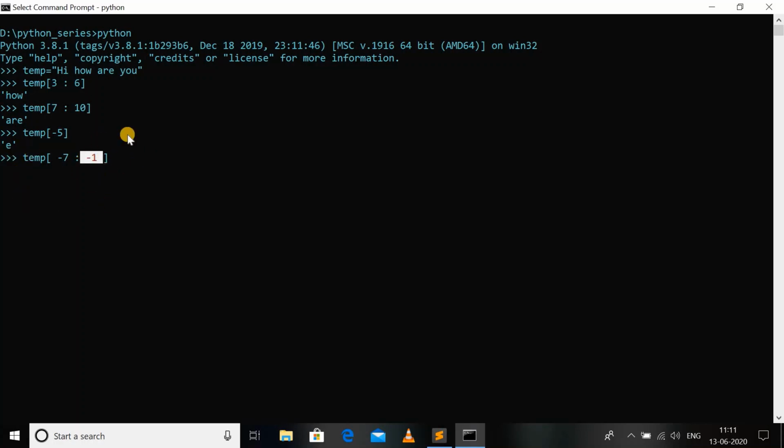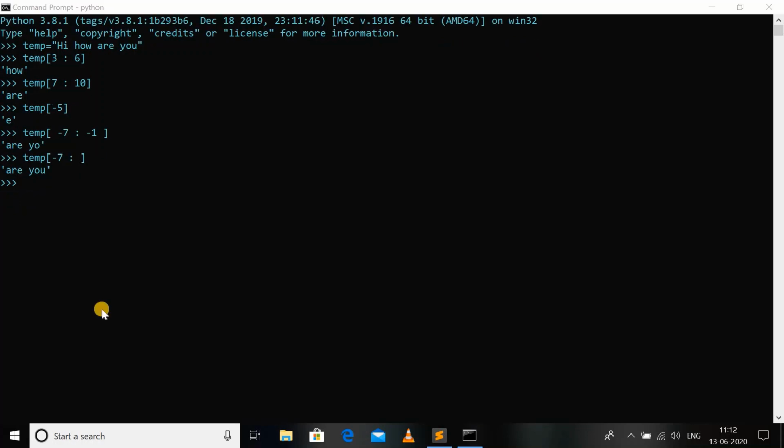If we pass -1 to the slicing technique, -1 is the U index, so only up to O will be printed. You can check it. As you can see, U is not printed, so to do so we have to leave it empty. That is, if we do the slicing in this manner, starting from the -7th index up to the end, it will be printed.